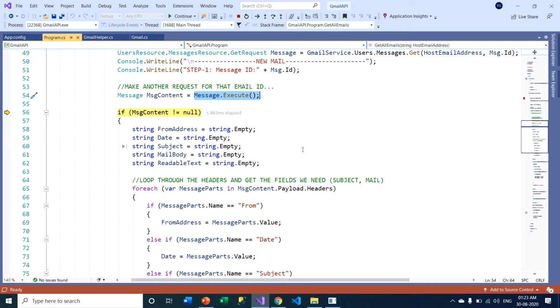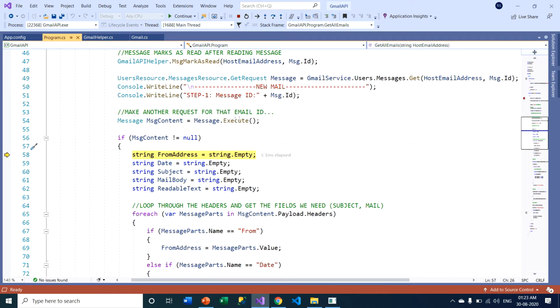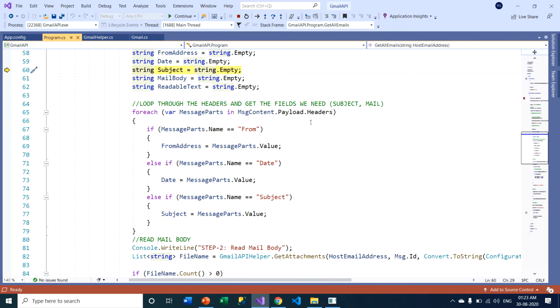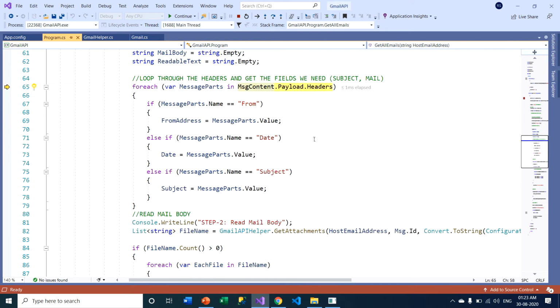Okay, pressing F10. First we are checking that the message content is not equal to null. If it is null, then this mail has no content. So first we define 5 variables: form address, date, subject, mail body, and readable text. Okay, pressing F10. First we are looping through accessing message